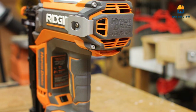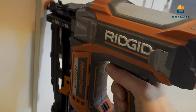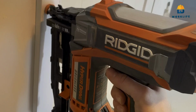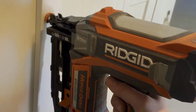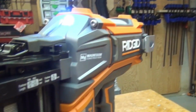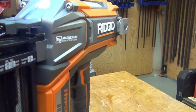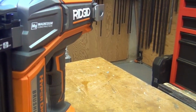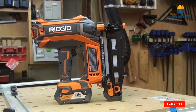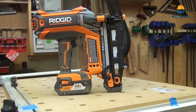Ridgid's HyperDrive system delivers air pressure-like performance without the need for a compressor, offering the best of both pneumatic and cordless worlds. Its durable build and ergonomic design make it comfortable to use, even during extended projects. This finish nailer is perfect for trim, molding, and cabinetry, offering precise nail placement and strong holding power. With its innovative technology and user-friendly features, the Ridgid HyperDrive finish nailer is a reliable tool for professionals and hobbyists